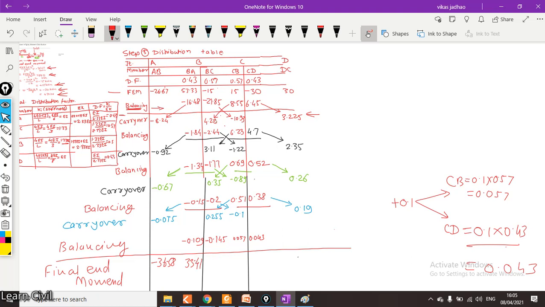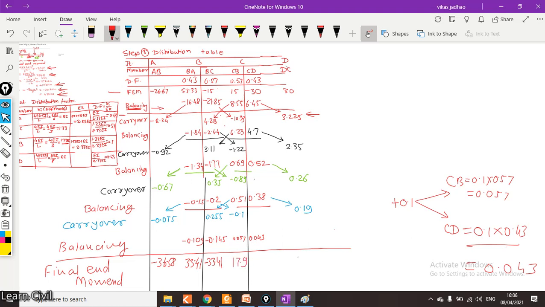Similarly for BC, add from this minus 15, from this minus 15 up to this minus 0.145. Add all the terms, and you will get this value as minus 33.41. Similarly for CD, add from this 15, this 8.55 minus 10.93 up to this 0.057, so you will get here